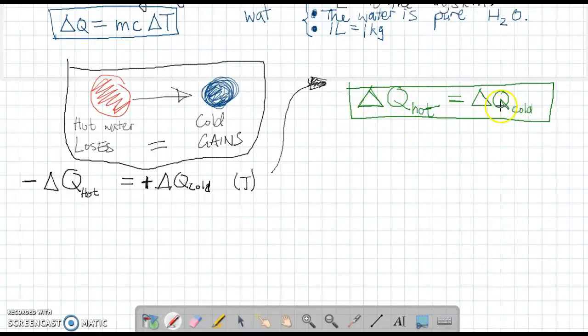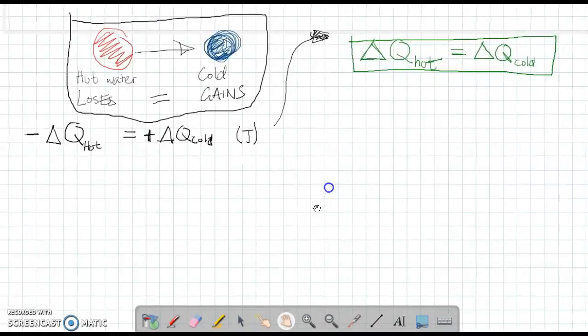So if you have two objects that are brought into contact, whether they're liquid, solid, or gas, then the amount of energy that is lost by the hot object has to equal the amount of energy gained by the cold object. And depending on the question, you have to be careful with the signs. Like I said, usually the hot object will always lose energy, so you might need to put in a negative here. Now going back to our question, where we have already put in the negative sign,